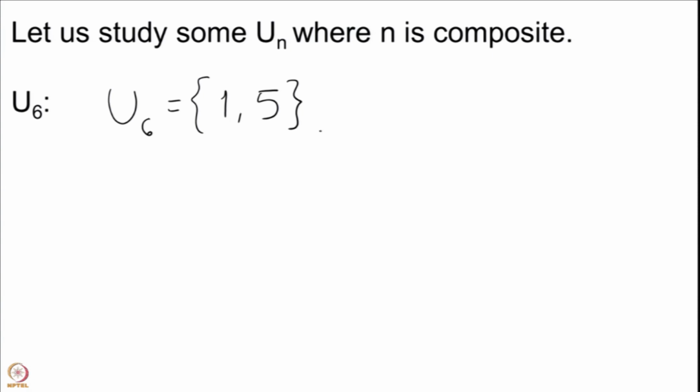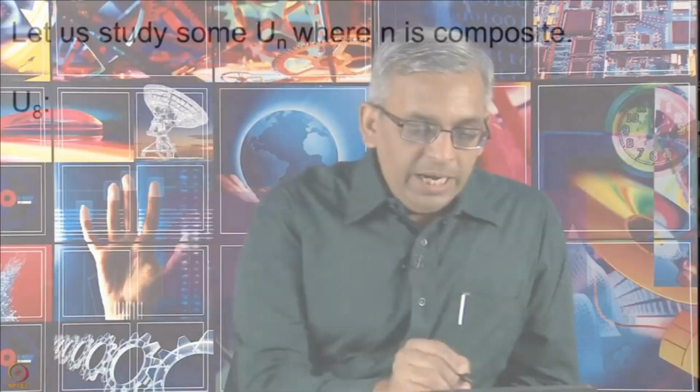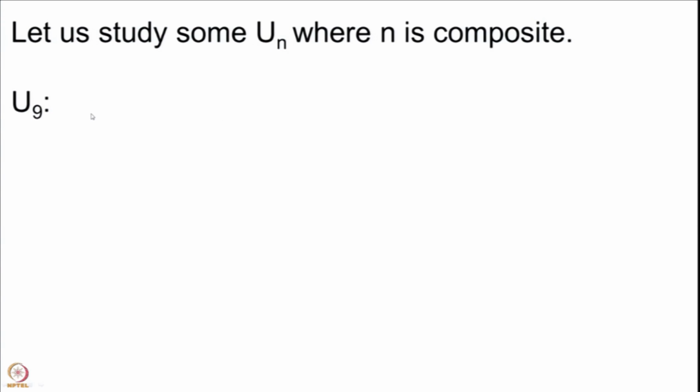U6 has exactly 2 elements, and we know that every group of order 2 is isomorphic to the cyclic group of order 2. So, U6 is isomorphic to C2. This is the complete information about the group U6. U7 is a cyclic group because 7 is a prime number. U8, so we see that